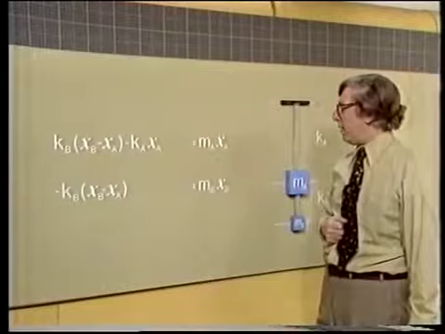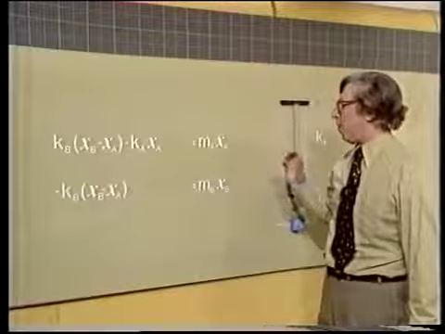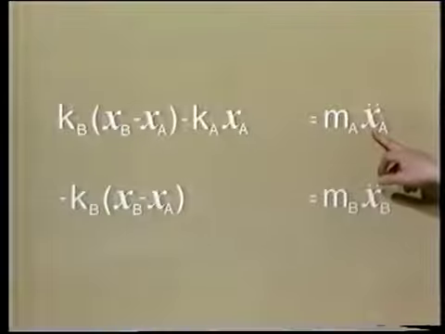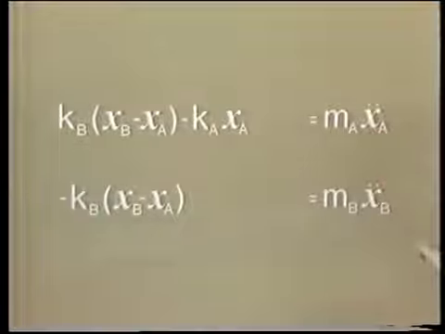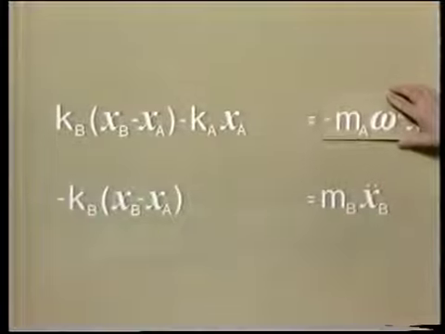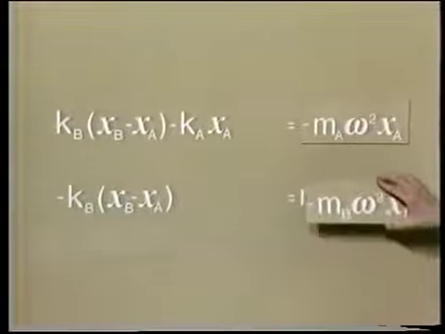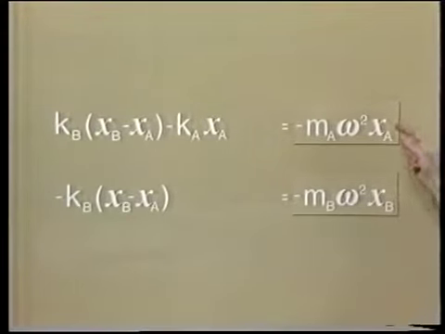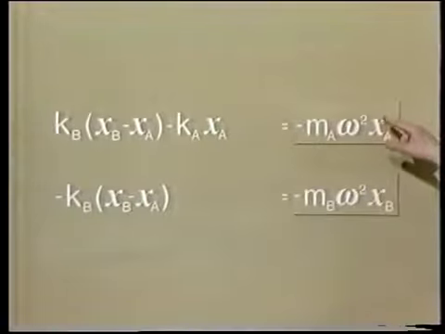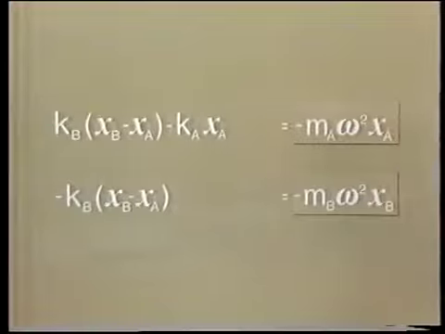Well, how did we solve them? Remember, the assumption we made was that the acceleration, x double dot, is proportional to omega squared x in both cases. That means that we simply replace the right-hand side by this and that in each case. Well, this assumption really tells me that I'm assuming that each mass is performing a simple harmonic motion with the same frequency, omega. Well, that's quite possible. Both masses move with the same frequency,